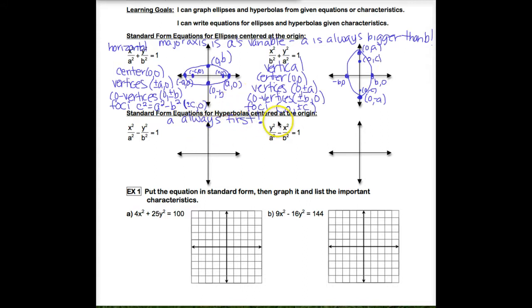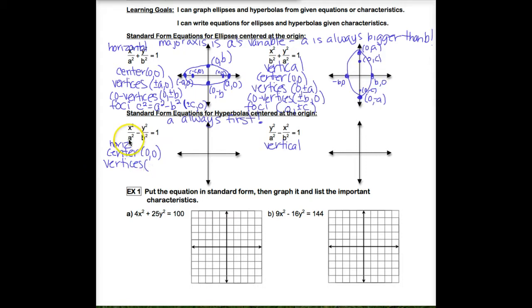Whichever variable is first tells you which axis your vertices are going to be on. So because x is first here, my vertices are going to be on the horizontal axis. Here, because y comes first, my vertices are going to be on the vertical axis. So here, my key points, obviously I'm going to have a center, which is going to be at 0, 0. I'm going to have vertices,